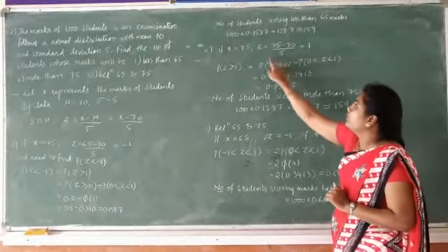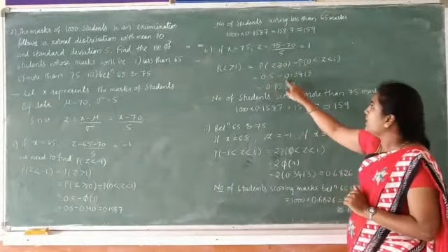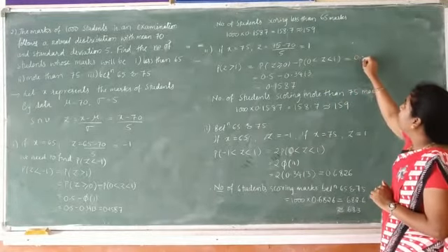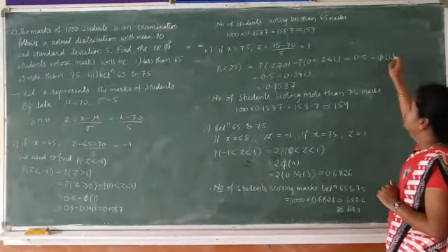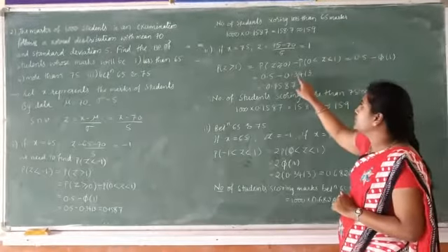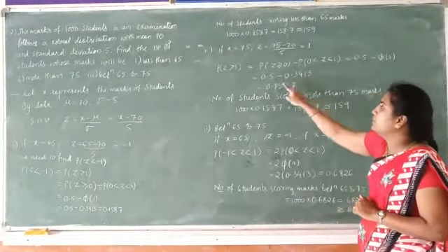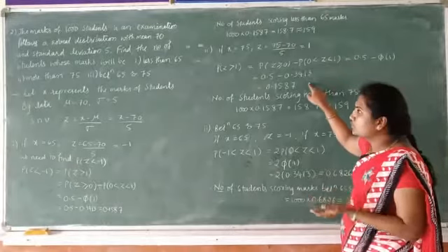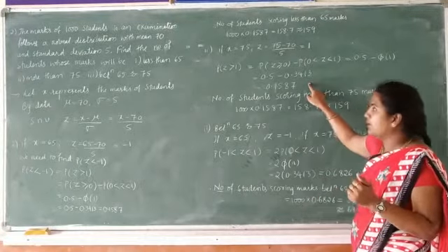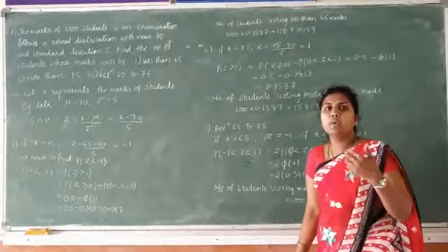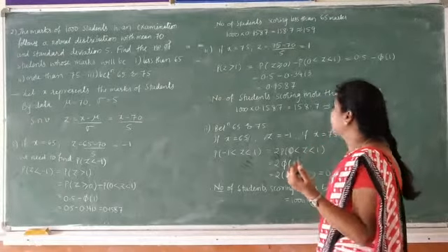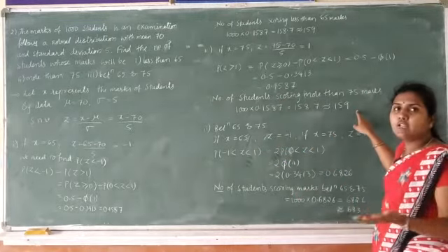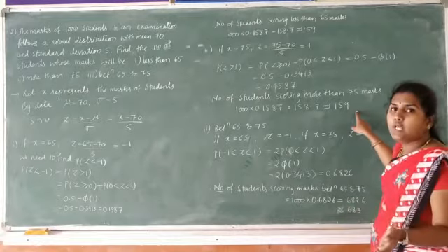And we know the value of this one, that is 0.5, minus phi of 1, and that phi of 1 value we can substitute from the normal distribution table, that is 0.3413. Simplify, here also we are getting 0.1587. This is our probability of a student scoring more than 75. Now we need to find out of 1000 students how many score more than 75 marks. That is 1000 into 0.1587. This is also nearly 159 students scoring more than 75 marks.